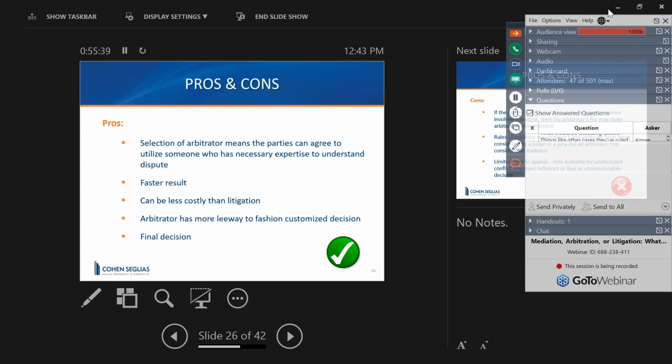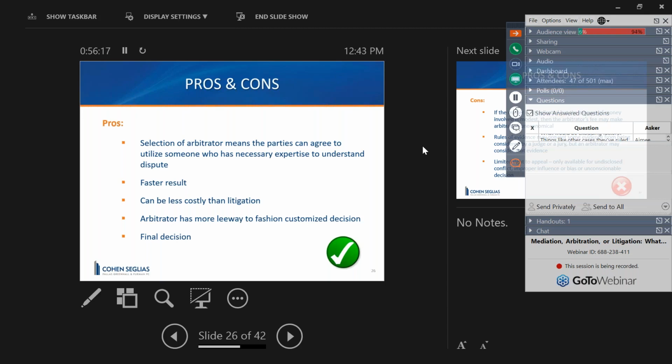You're getting a faster result. It can be less costly than litigation. The arbitration associations, though, are costly from the get-go. They require large filing fees, but litigation in the long run, especially with a jury, can be significantly more costly. The arbitrator has more leeway to fashion a customized decision,